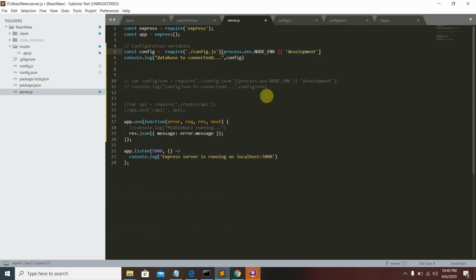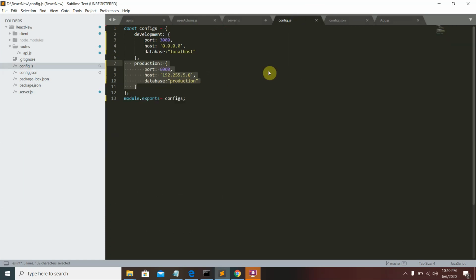First, in this file I am creating the Node.js server here. It requires Express, and creates and runs my server on port 5000. This task can be achieved in two ways. First, we can create a config file, create an object, and export this object from the config.js file.